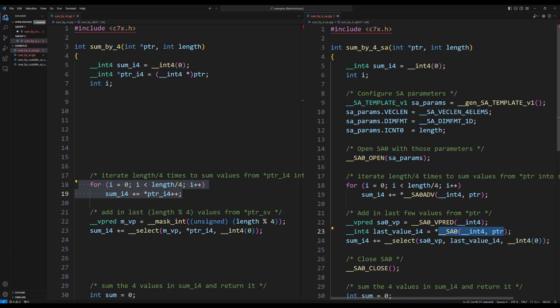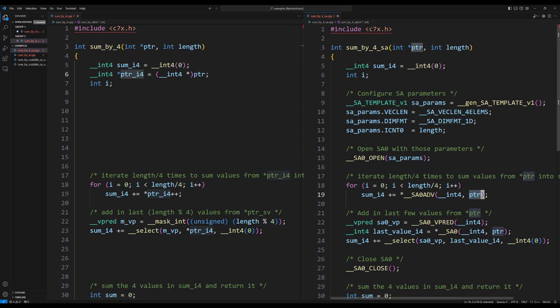And I want you to notice that I did not include the asterisks in this. So, for right now, we're not considering the effect of the asterisk on the expression. We're just looking at the function call and its arguments. And the arguments are a type and a base address. And the base address comes from, here, the pointer to the function that was passed in when you called it. And that's why you don't have the analog to pointRI4. We're using it here, we're using it here, and you never need the equivalent of pointRI4 in this code on the right.